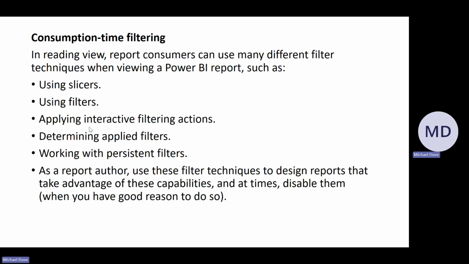So the filter pane displays all filters currently applied to the report, including slicers, visual level filters, and page level filters, right? Then working with persistent filters, that is, persistent filters are filters that remain applied to the report even after the report is closed and reopened. So users can save filter selections as a bookmark or a report view to preserve their filtering preferences. Right. So as an author, what you can do,